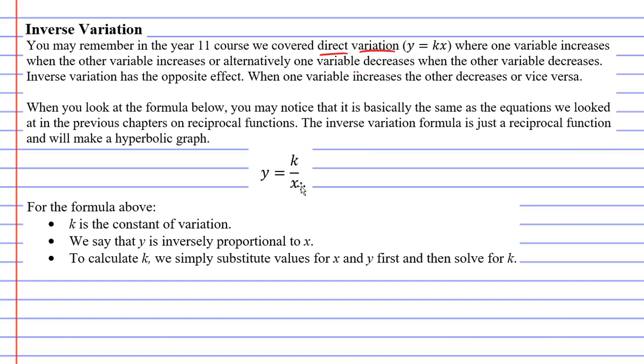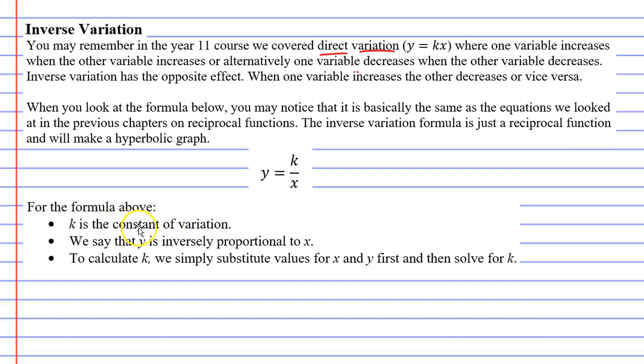Now, whenever you get a problem that involves inverse variation, you'll usually get a comment such as y being inversely proportional to x. Whenever you see something like this, you know that you're going to use this formula and that it's a problem involving inverse variation. You'll see here that k is known as the constant of variation, which is quite an interesting